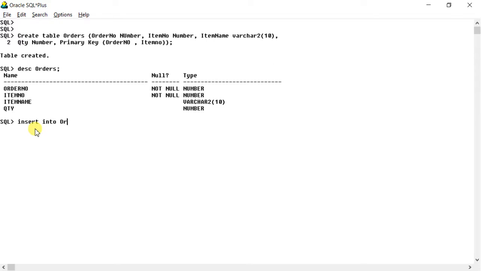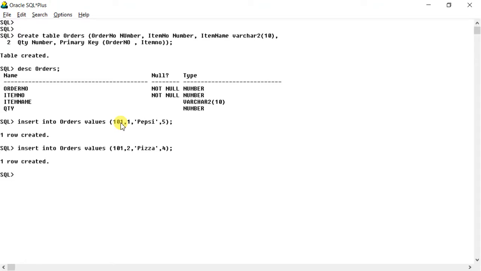Insert into orders values, maybe order number 101, item number 1. It is Pepsi and 5 quantity. This is allowed. Now suppose in the same order you have ordered pizza. So this is item number 2, pizza, and you have ordered 4 quantity.